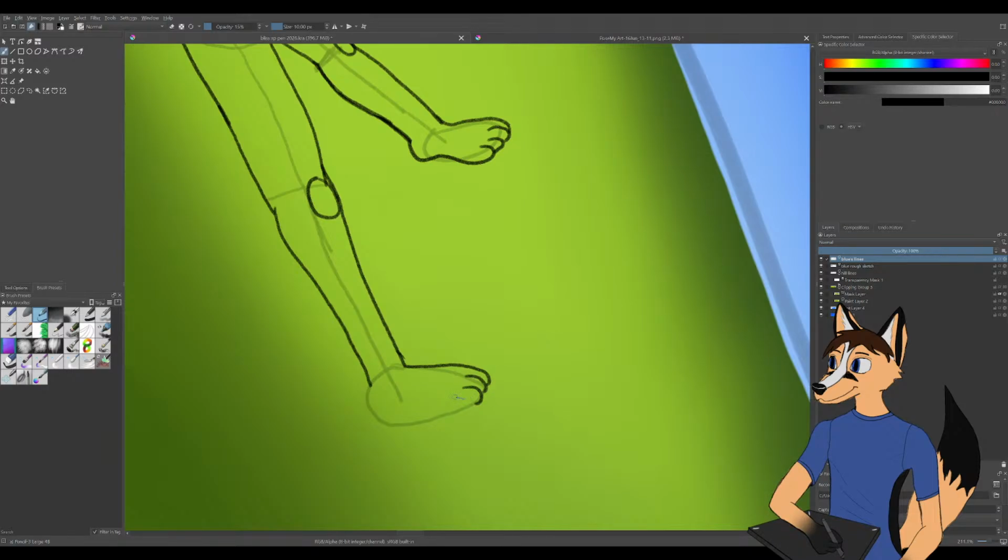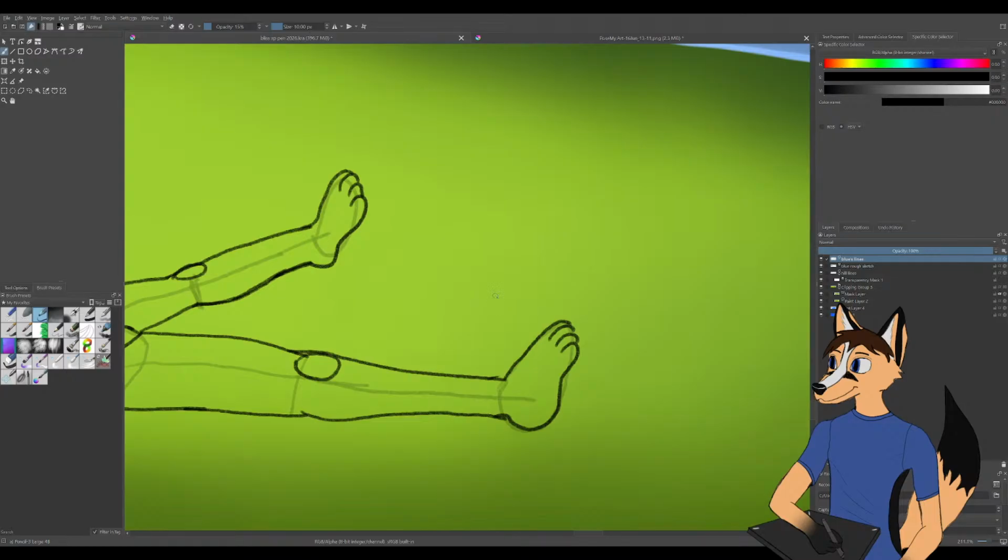That toe doesn't look right. That doesn't look right either. I think it's because I'm not following the outline I already put in place, and I also wasn't following the perspective very well, so nah, that looks horrible. That doesn't even look like his foot. It looks like he's wearing a very weird shoe.